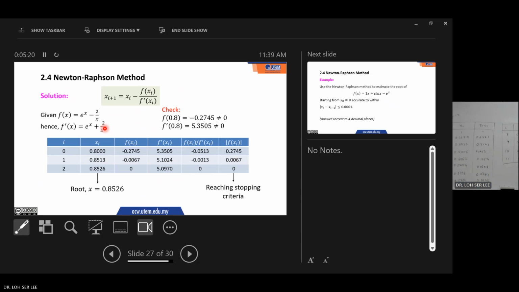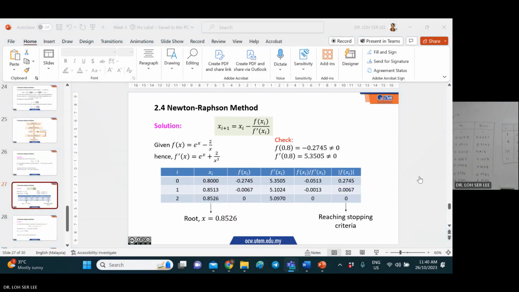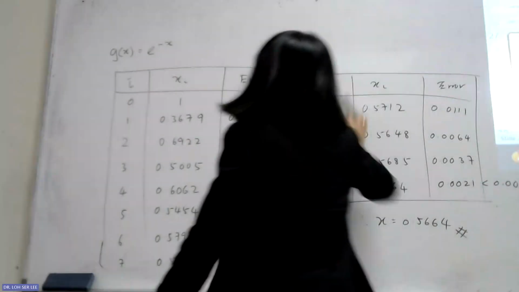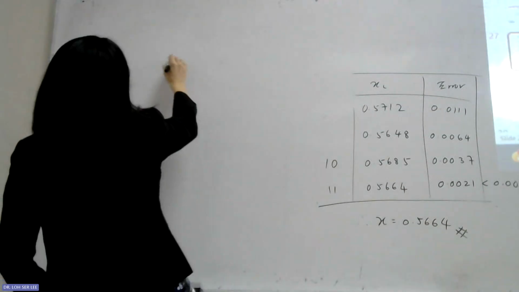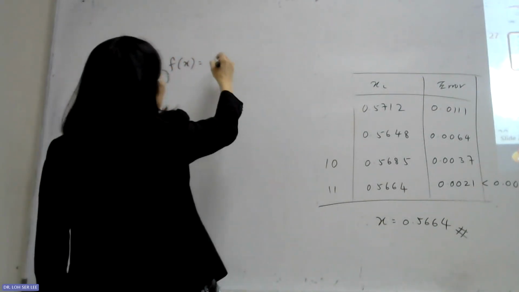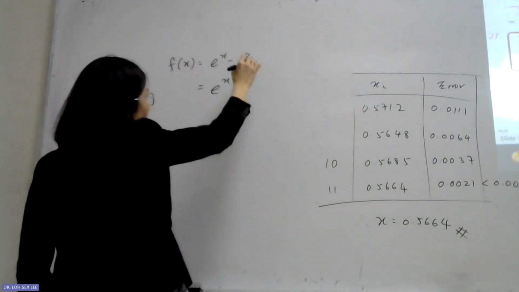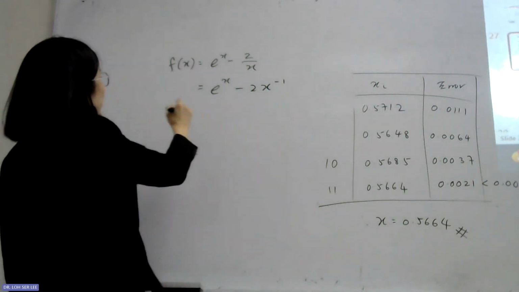So how to get this? Can I show you on the board? Your f(x) is e^x minus 2 over x. That means we can write this in the form of 2x to the power of -1. So when we differentiate,